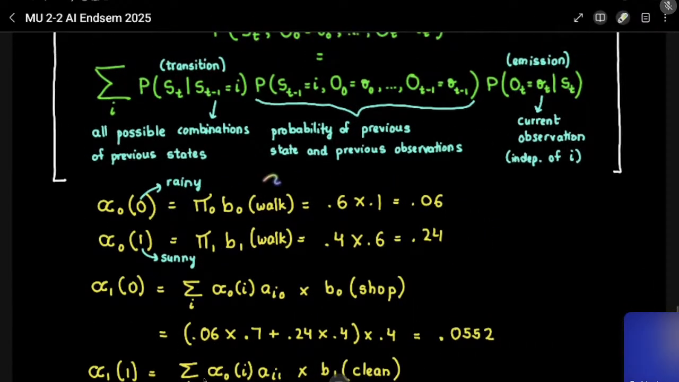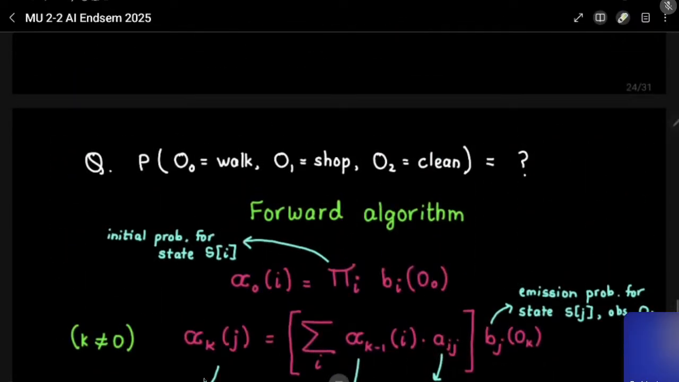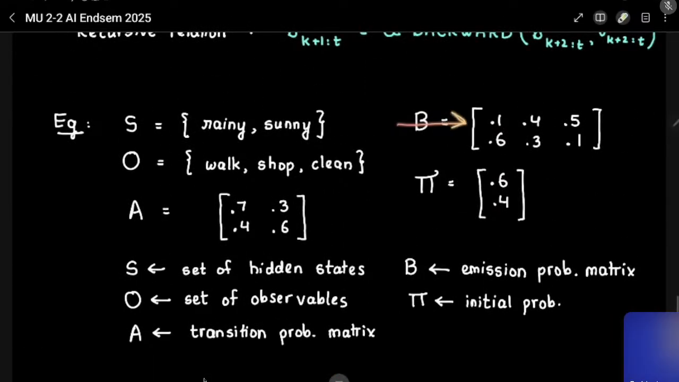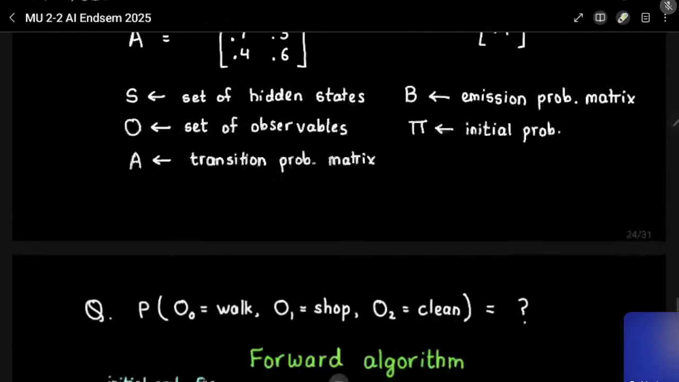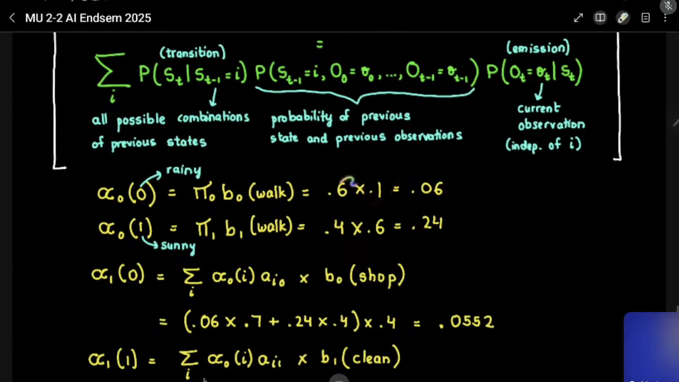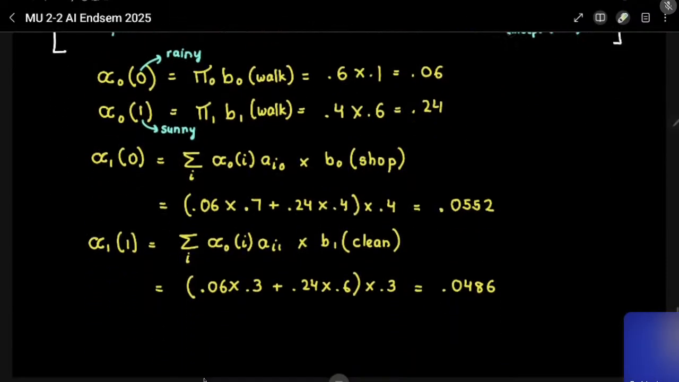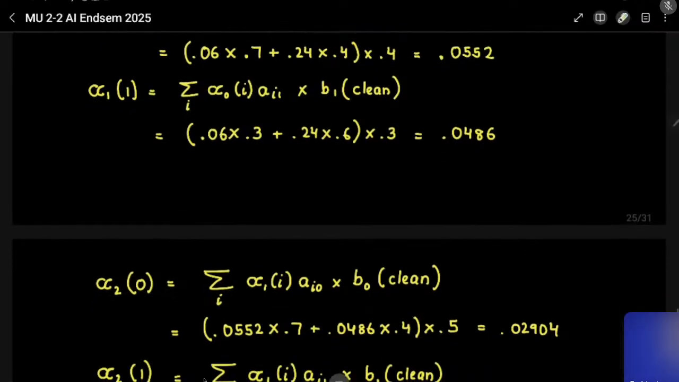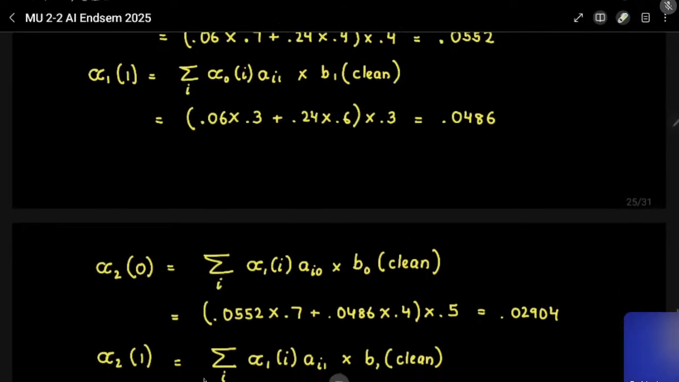Okay, fine. So how do you compute B0 walk? B0 walk means you go to the 0th row and go to the walk column. So 0th row, walk column. Where is the walk column? This is walk, shop, clean. So the walk column is here, so 0.1. So you keep substituting values. So after you compute until alpha 2,